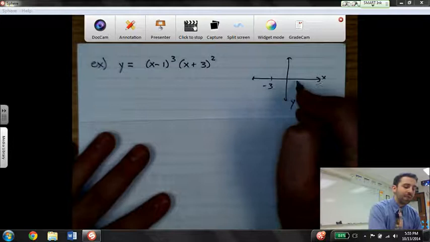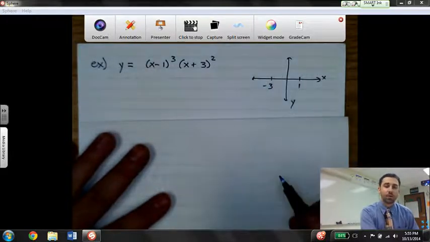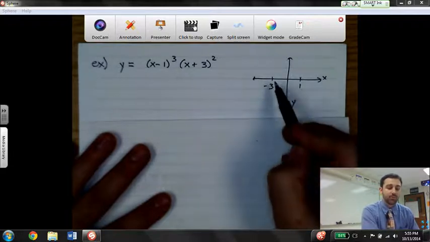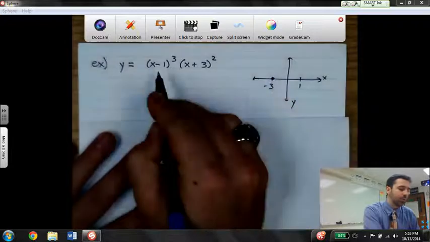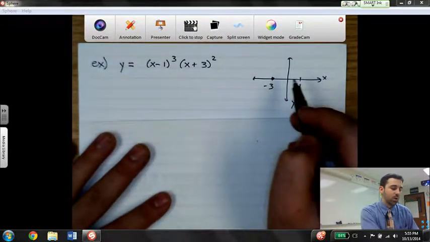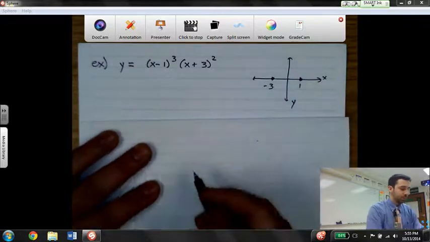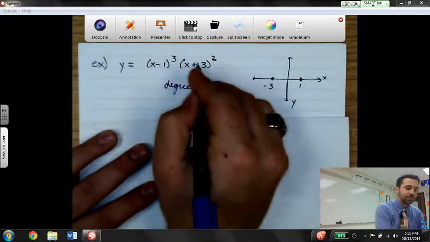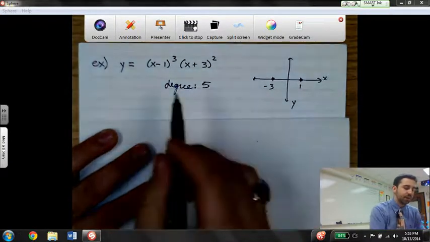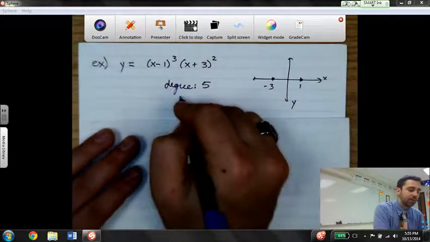So what that tells me is at negative 3 I'm going to have a mini parabola or a double root where I bounce off of the root, and then for the root x equals 1 it's going to be a cubic, so it will change directions. So once again I need to identify my degree, which I add my exponents, and I have 5. I look to see if a negative is out in front. It is not, so I have a positive